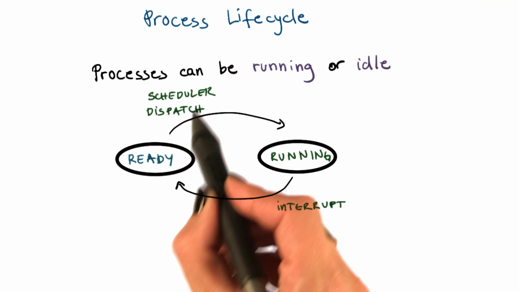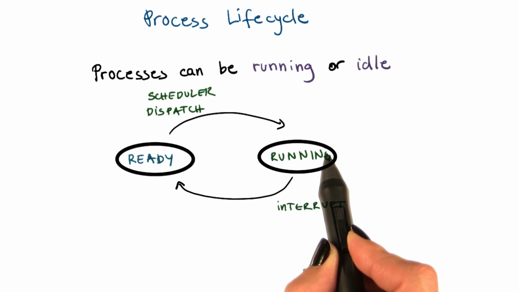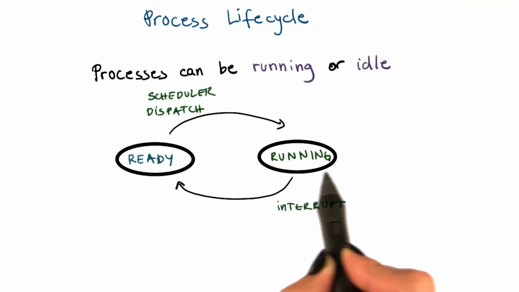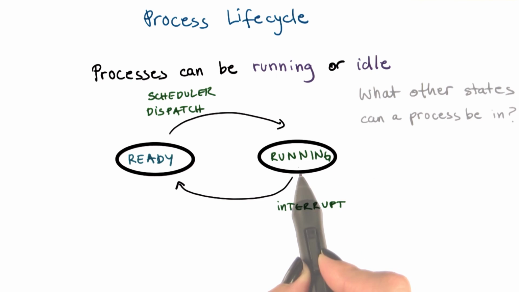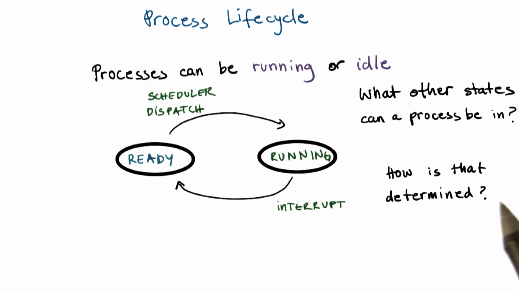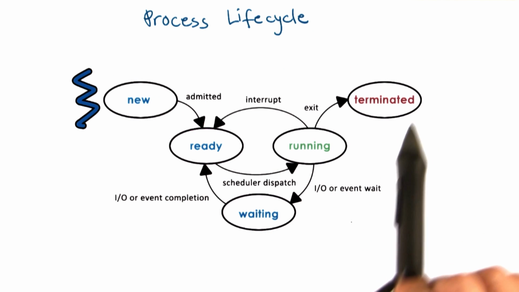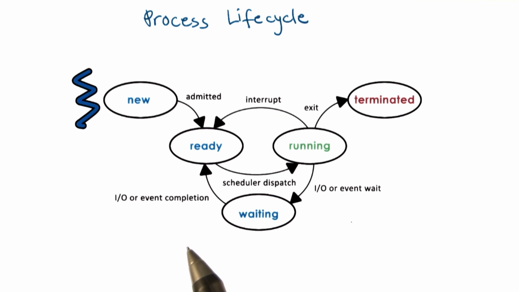At some later point, the scheduler would schedule that process again, and it will start executing on the CPU, so it will move into the running state. What other states can a process be in? And how is that determined? To answer that question, let's look at a general illustration of the states that a process is going through throughout